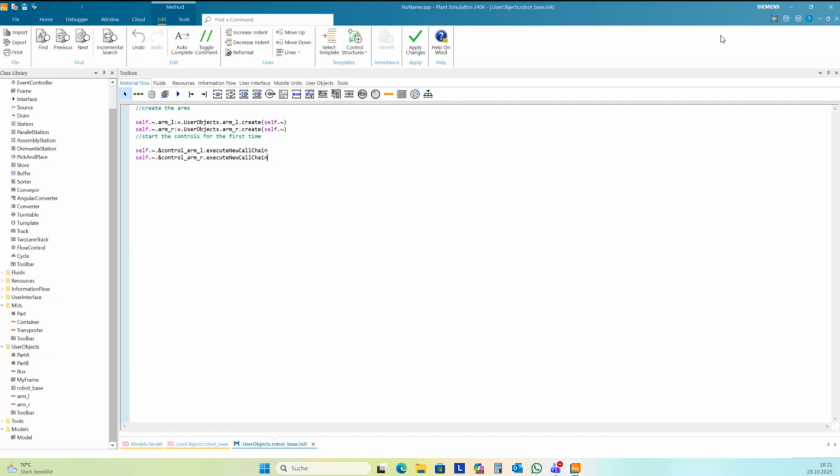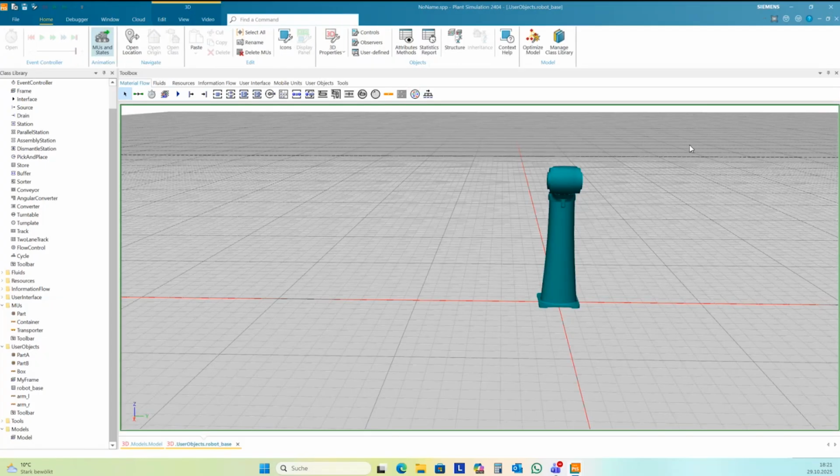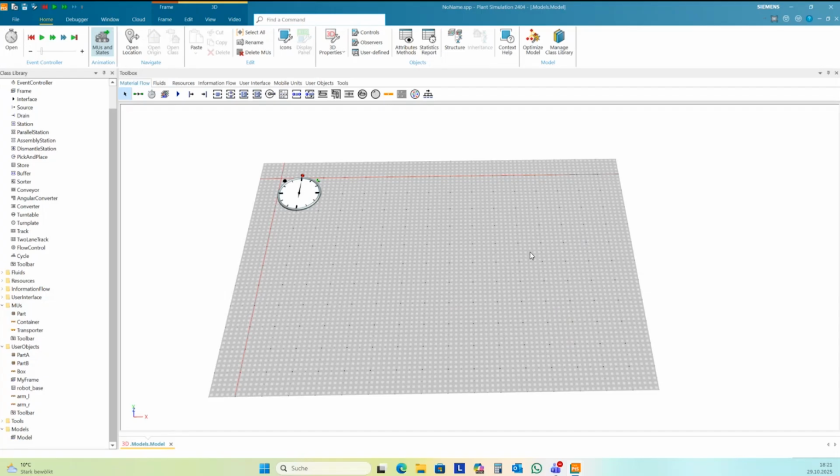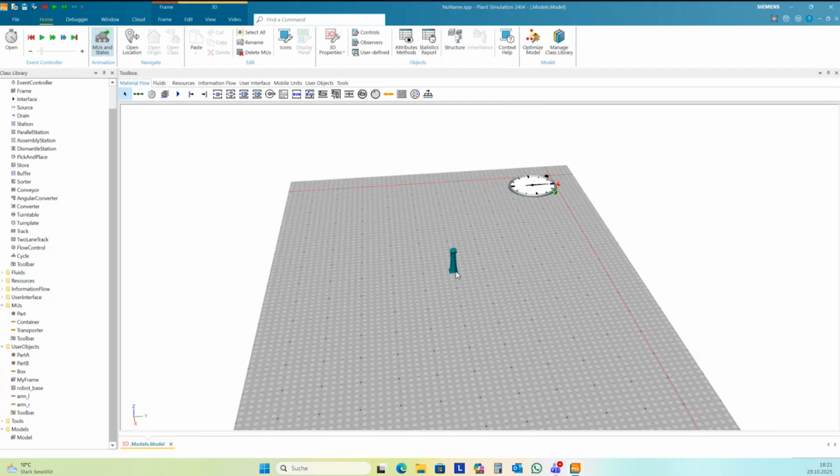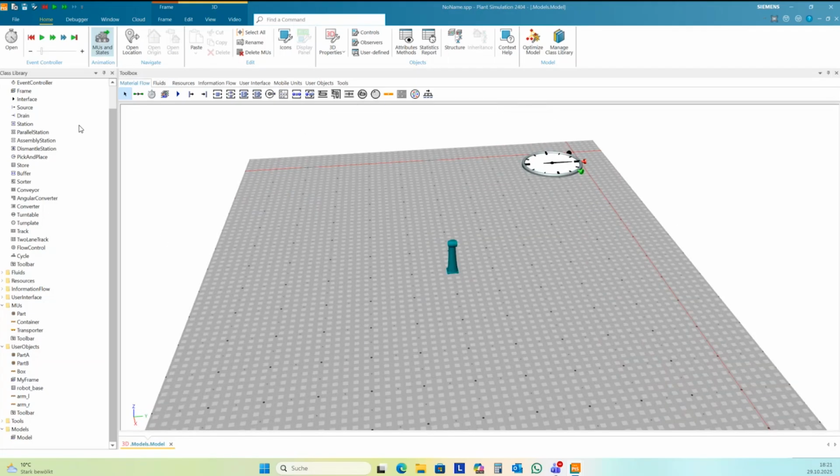I apply the changes here, and then I place the robot into a frame, the robot base. Okay. And then you can start the simulation.